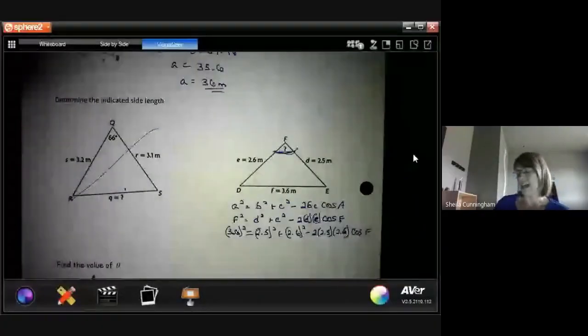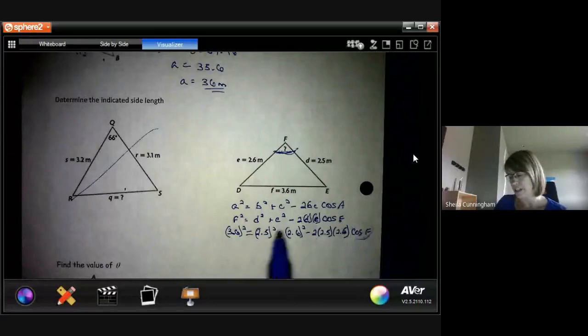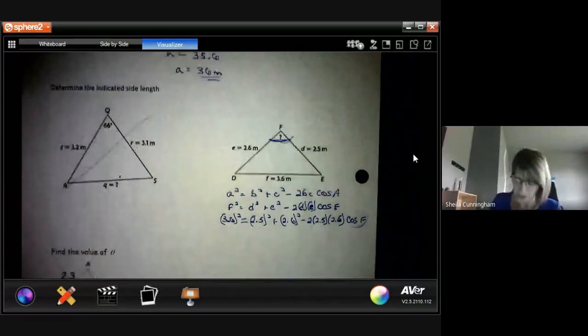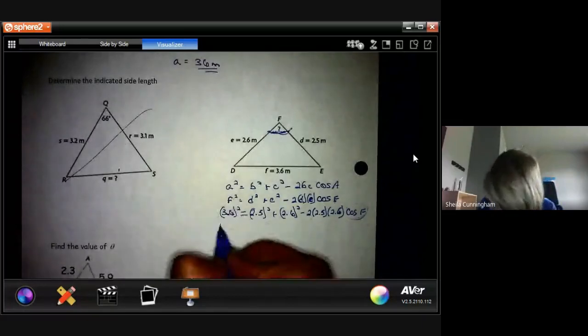So ultimately, what we're going to need to do is get this chunk, this cos of F, all by itself. In the meantime, we're still going to have to figure out some of these squared pieces. We're going to have to do some shuffling. Our whole goal is to move everything over to the left-hand side, as much as we can, so that we can get the cos of F all by itself. So let's go through 3.6. We need to square it, and that's going to give me